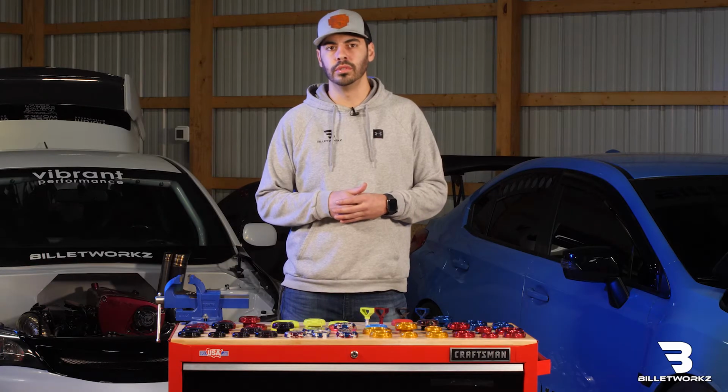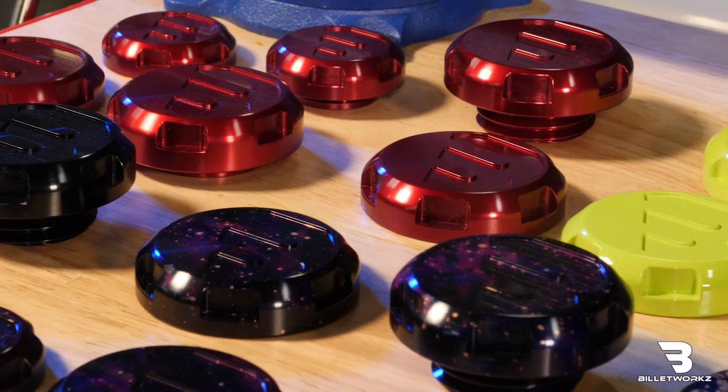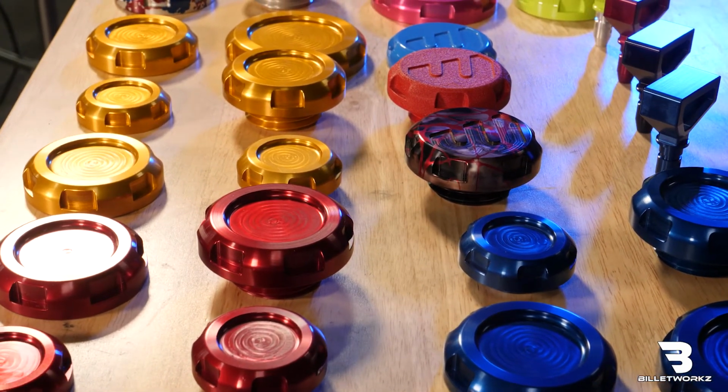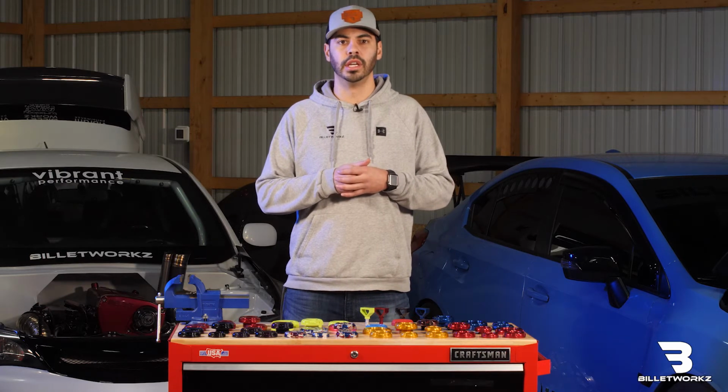Now depending on your vehicle, you may need 4 to 6 caps to complete your engine bay. We offer an oil cap, a brake cap, a wiper cap, a coolant overflow cap, power steering cap, and a clutch cap. Now that I've covered our new engine bay caps and dipstick handles,